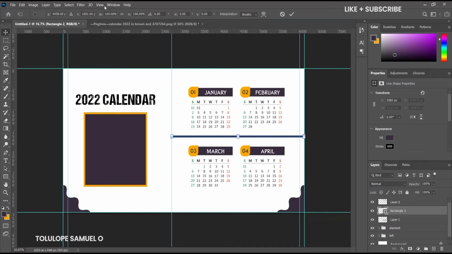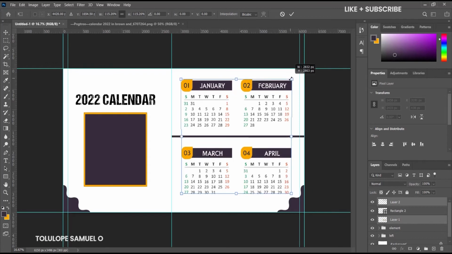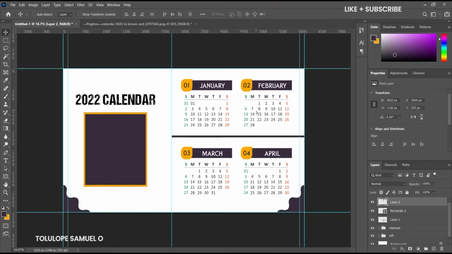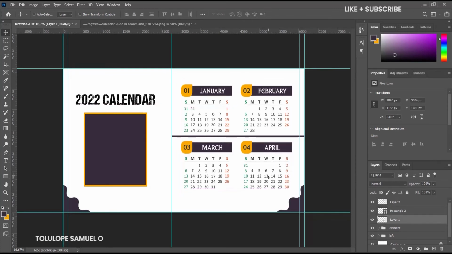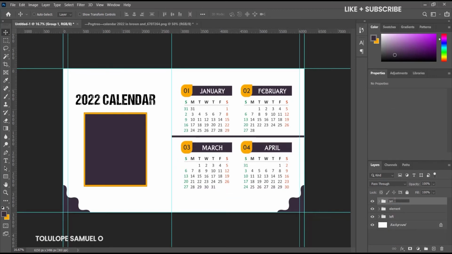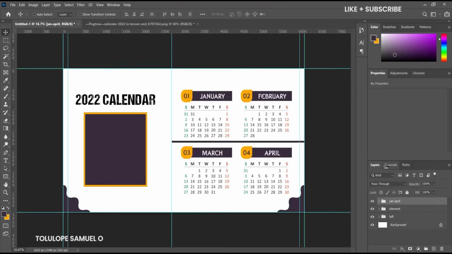So after doing that, I'll pick up my two layers again, I'll select the two of them, press Ctrl T and increase it a little bit more so we can get to see it very well. Click OK, pick the first layer, bring it down a bit, the second layer also will bring it down a bit. So I'll select the two of them together and I'll name it Jan to April. So after doing that, I'll just place them nicely in the document. Yes, so just place them nicely.